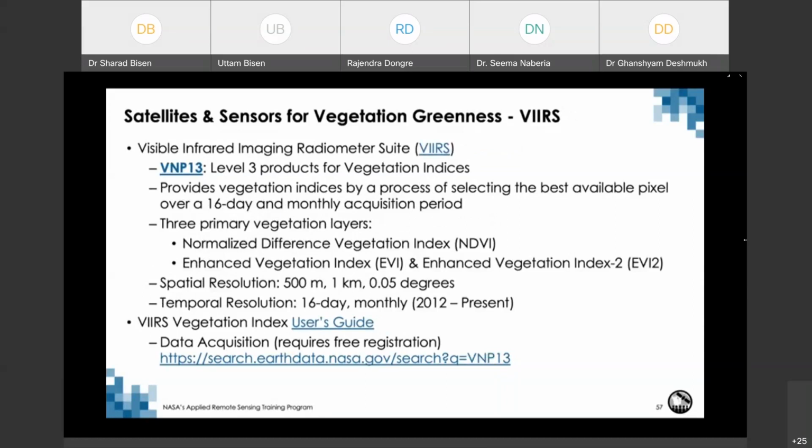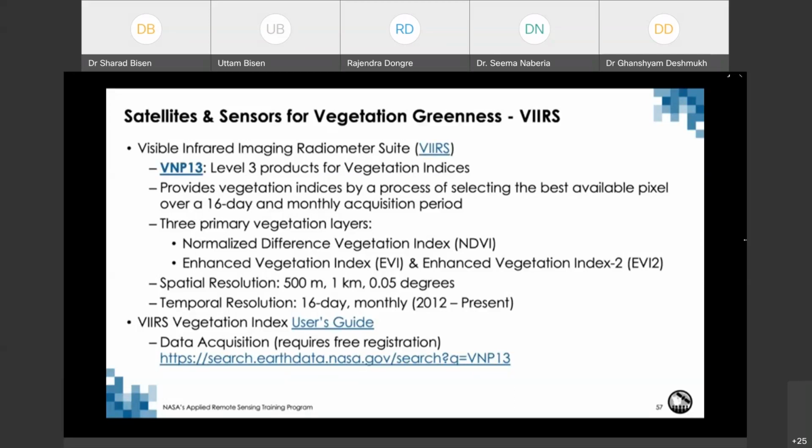VIIRS is building on the ongoing, roughly 40-year-old NDVI time series of AVHRR and will expand on the 20-year MODIS Enhanced Vegetation Index time series. The VNP13 product provides 3 primary vegetation layers: NDVI, EVI, and EVI2. EVI2 is a modified EVI, or Enhanced Vegetation Index, that eliminates dependency on the blue band and addresses some of